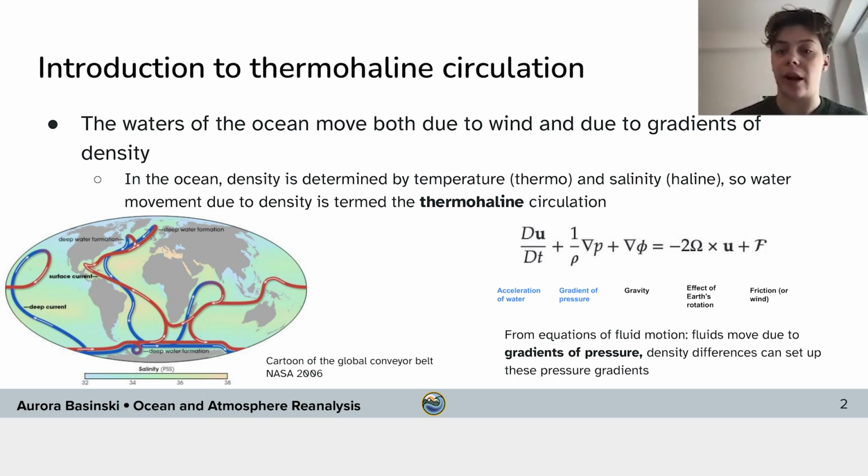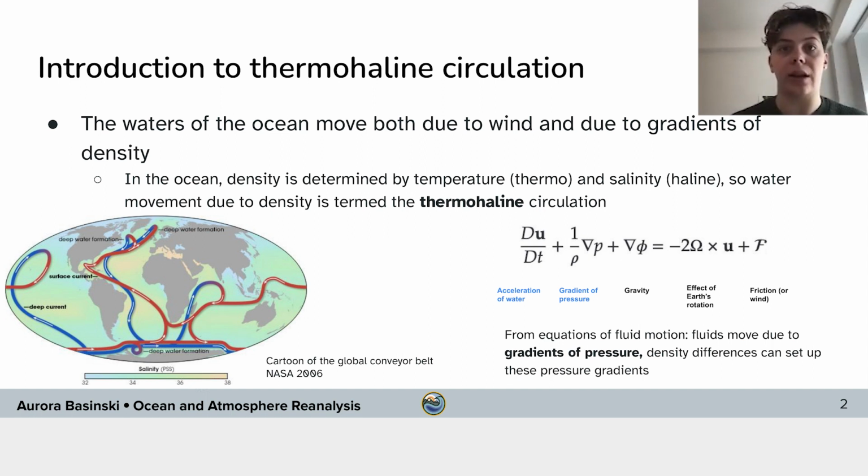And we can also look at the equation just to the right of the acceleration term, which is a gradient of pressure term. And so we see that fluids move because of gradients in pressure, and we can think of density differences as basically setting up these pressure gradients. So in addition to moving because of wind, we also see that water would move because of pressure gradients, which is affected by these density differences. So as we're going to talk about more on subsequent slides, density in the ocean is determined by temperature and salinity. So water movement that's because of density differences is termed the thermohaline circulation, where thermo relates to temperature and